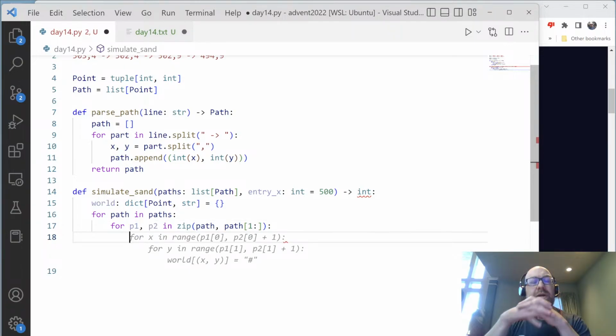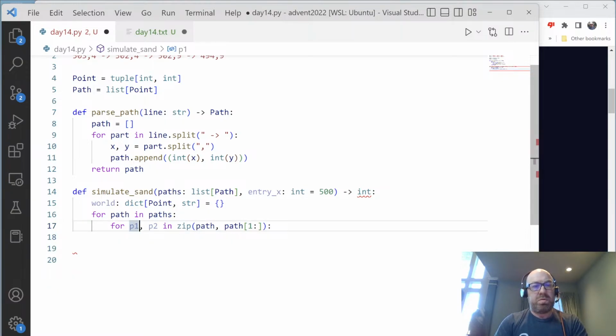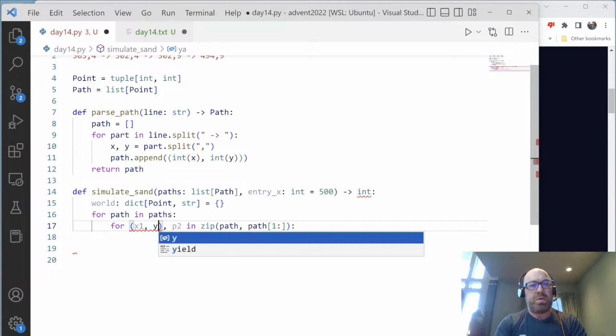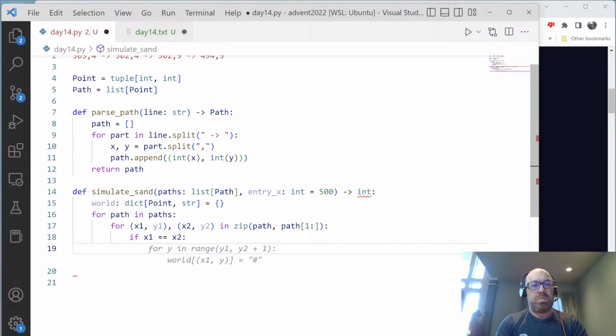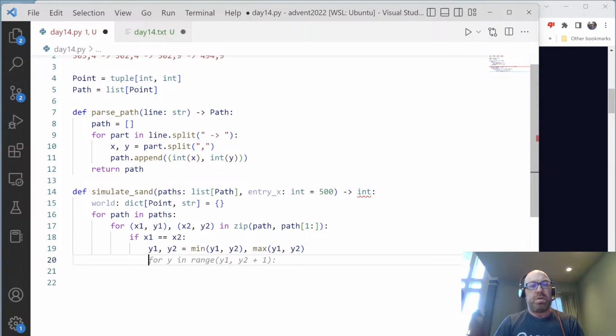For x in range p2, 0. So let's say, let me call this x1, y1, x2, y2 in that, right? Okay, so if x1 equals x2, then we'll say y1, y2 equals, so we want to do it that way, right? And then for y in range y2, world x1, y equals,